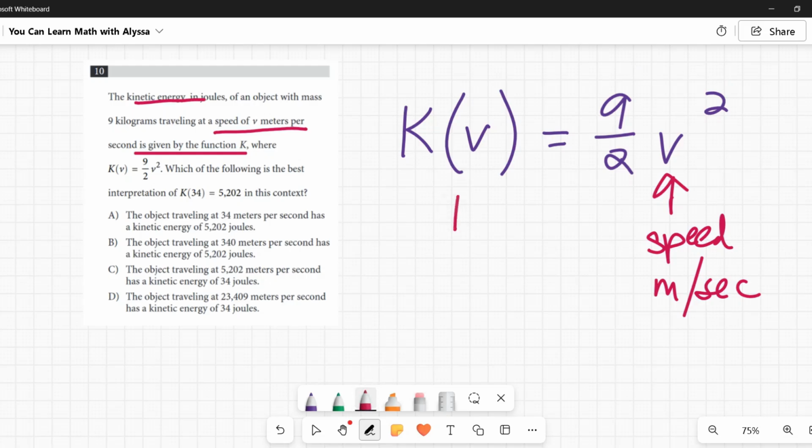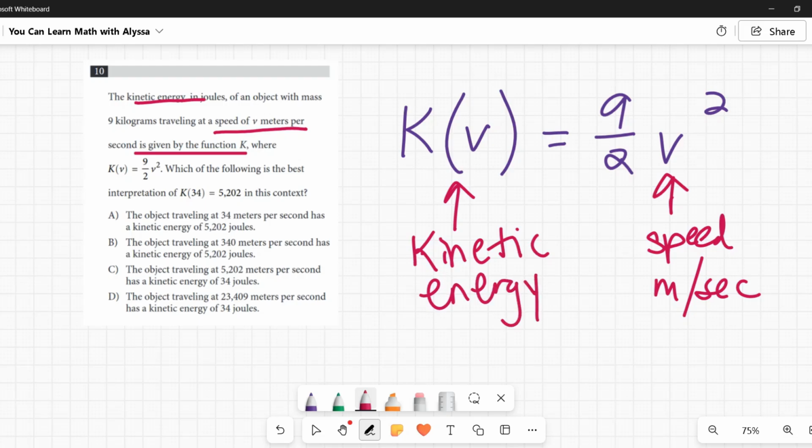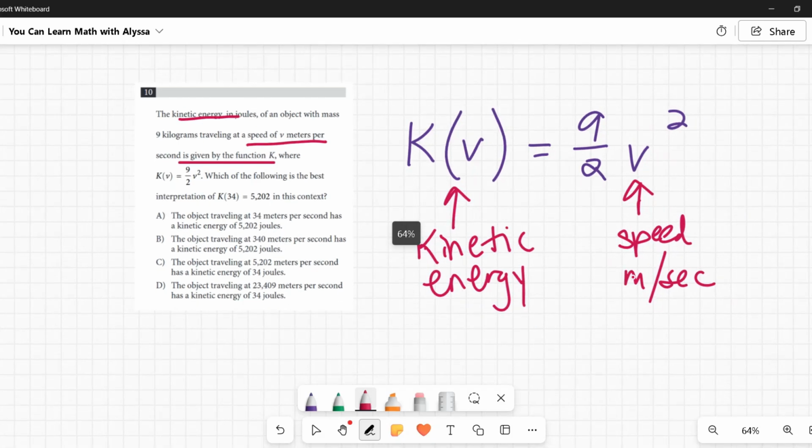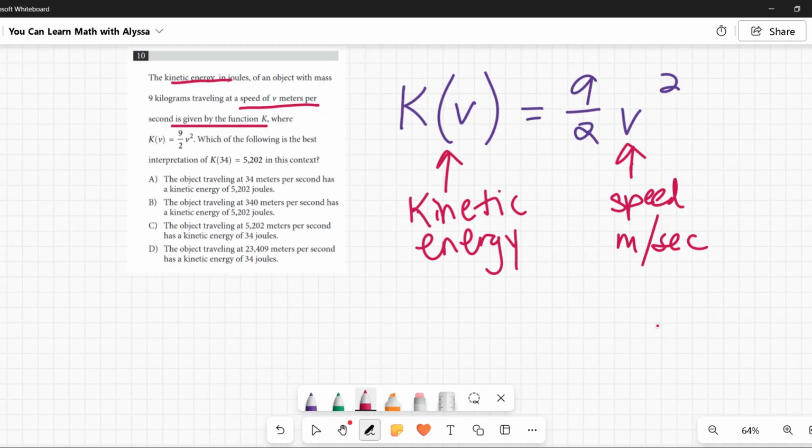So that means my output is the kinetic energy, the output of that function, because that's all functions are: input and output. The k of v, the f of x, all that is the output, saying, okay, when I put whatever's in the parentheses through this equation, what do I get? In this case, I'm getting the kinetic energy. Okay, so which of the following is the best interpretation of K of 34